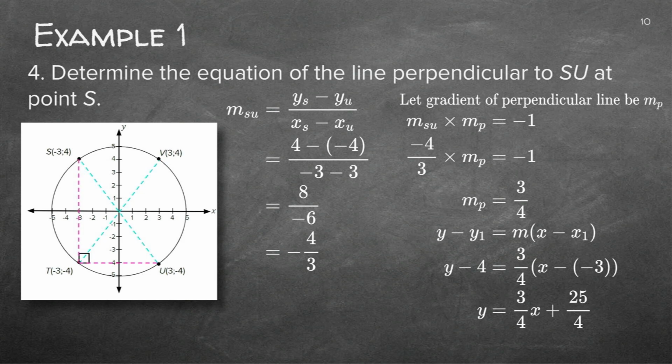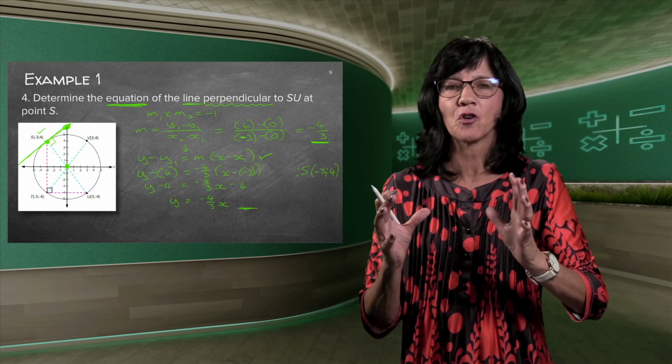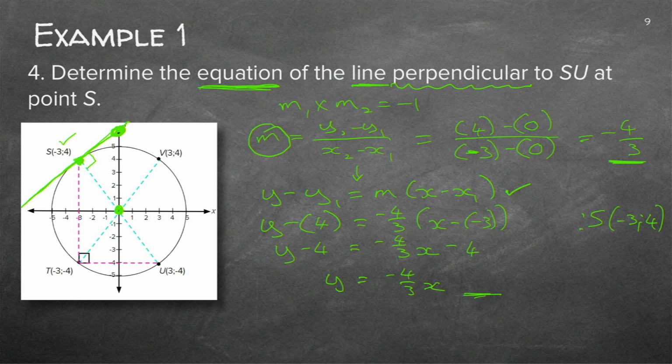Oh, I see what I did wrong. Let's quickly go back. I had a minus. That is such a common mistake. You know what I did? I used the gradient of the radius. And you know why this happens? I did not write radius. I just wrote gradient. So when I got my gradient here, I thought, oh, well, there's my gradient, so I can just go and use my gradient. But was that the line that I was trying to get the equation of?